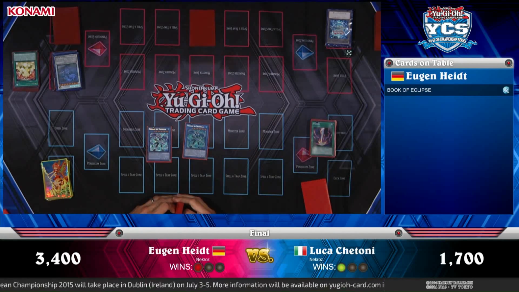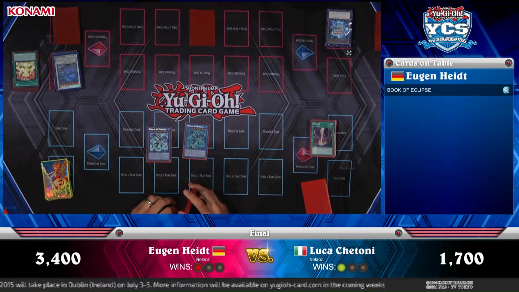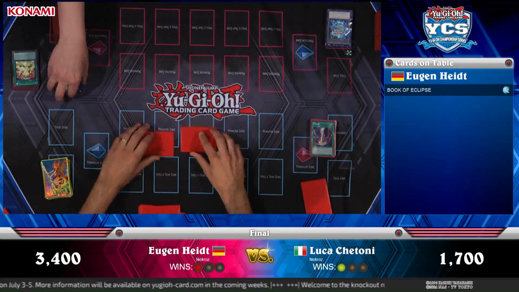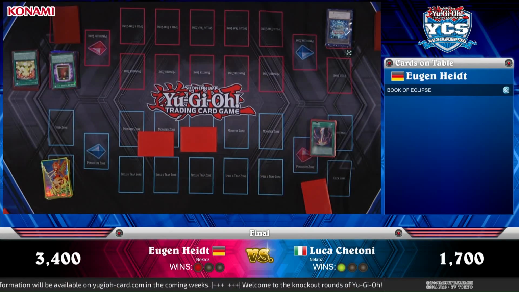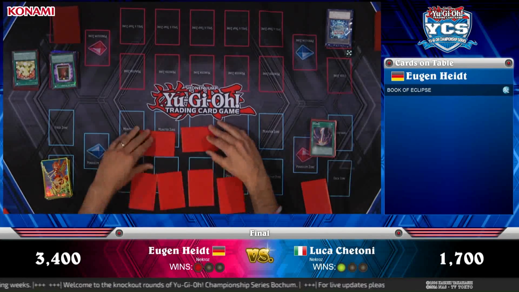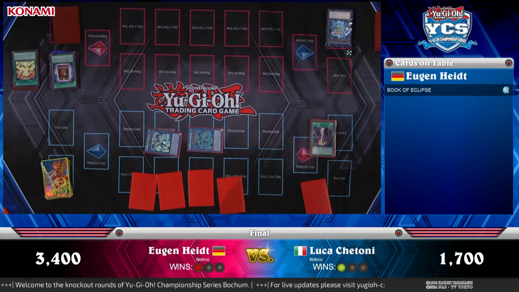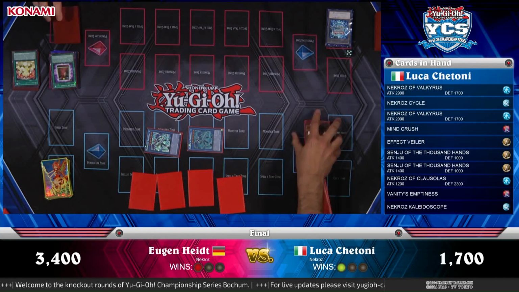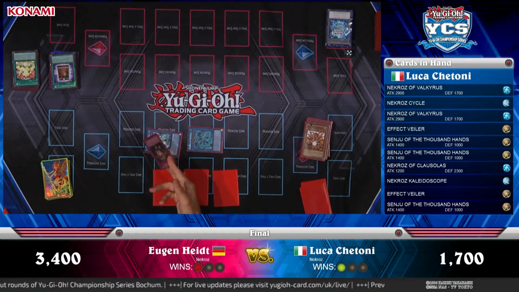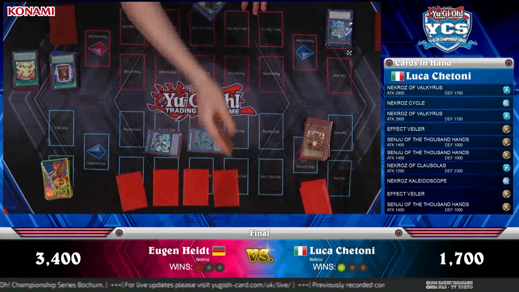Impossible. No. And Eugen's got a Nekroz of Valkyrios in his hand. Oh, so you could just Valkyrios this. Actually, that Book of Eclipse is also going to draw 2 cards, which is also relevant. Yep, so maybe he is actually trying to get him to deck out. That would be immense. Although, Mind Crush could literally just go Valkyrios, and then he's lost. Yeah, so look at this gigantic... He now has to discard cards because his hand is too large. This is not the deck list of Luca Chetoni. This is, in fact...